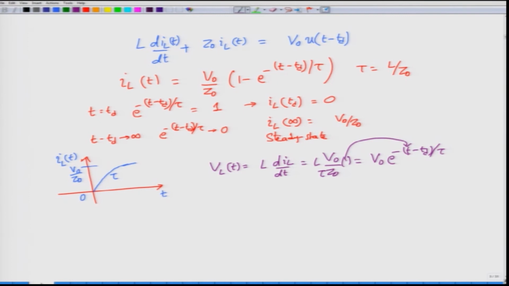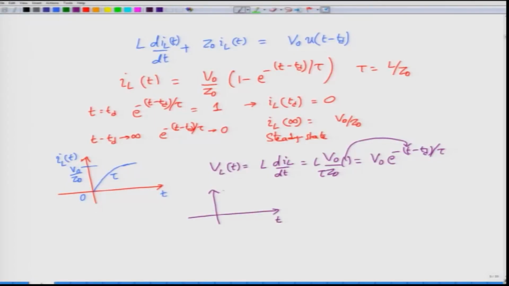It's the same process. Initially, because the inductor is acting like an open circuit, the full voltage appears across the inductor, and no current will be flowing in that loop. But from that value it will keep on dropping, eventually going to 0. So if you sketch the load voltage, initially we begin with V0. The two graphs that we have drawn are all right, except that these graphs should have begun at Td, and this graph begins at V0 and then exponentially goes down to 0.